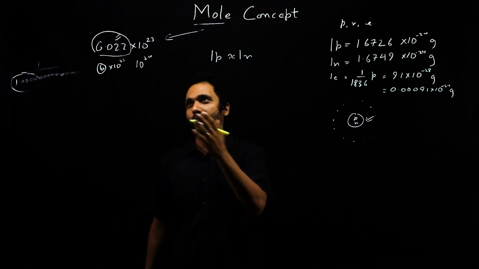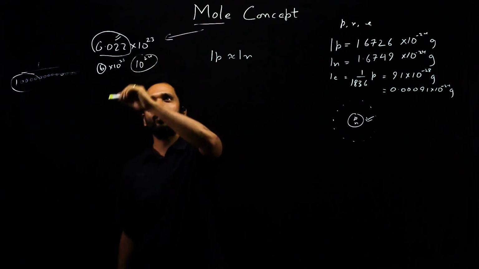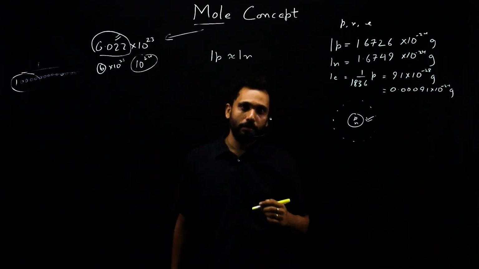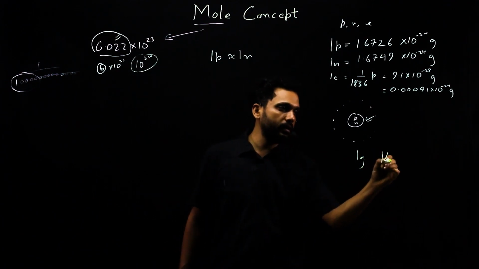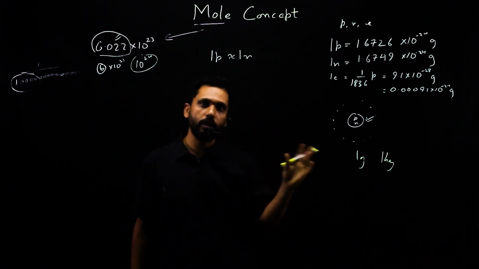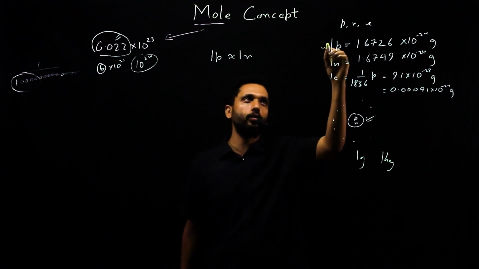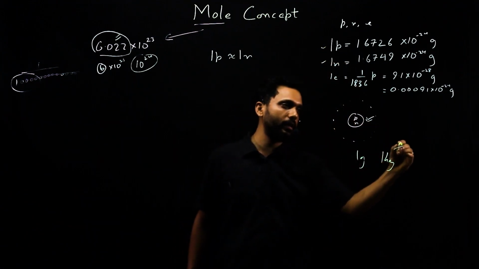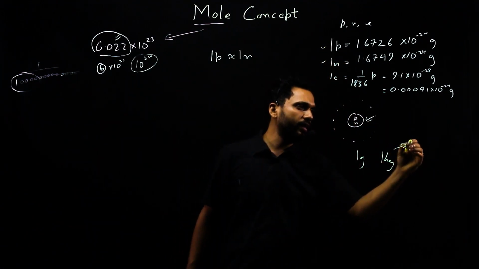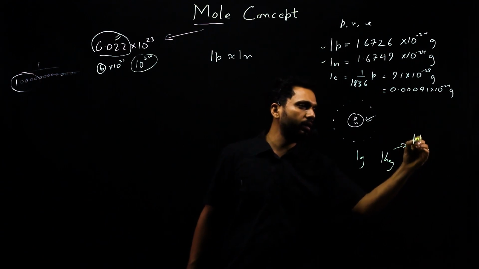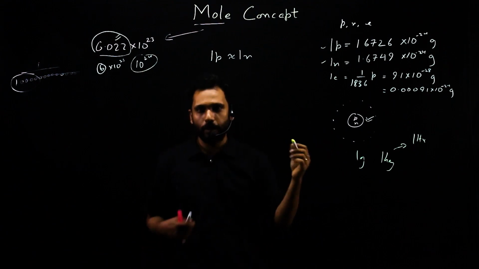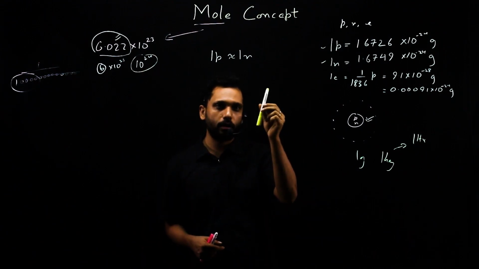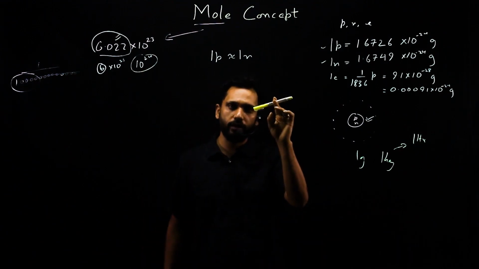Let's see, had we taken something like 10 power 24, what would have been the case? Now remember that a gram or a kg was defined much before we found out the weight of a proton or neutron. 1 kg was basically defined as exactly the weight of 1 liter of pure water. So now if you find an object, if I take this piece of chalk, will it weigh an integral value in grams?